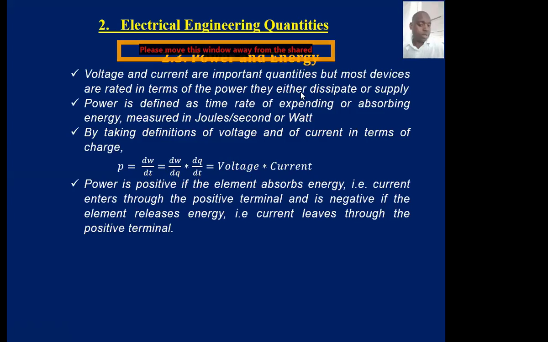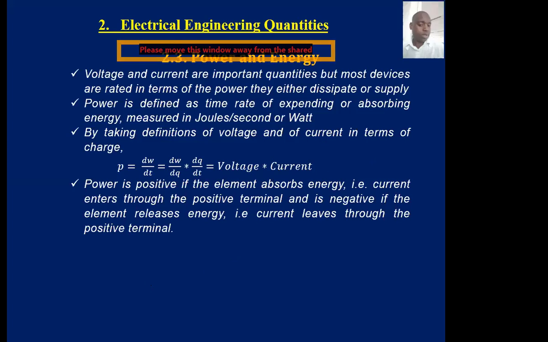Voltage times current. But you realize that this is straightforward, voltage times current, when you are talking about a DC circuit, where you are using direct current. When it becomes an AC circuit, there are other things that we'll put in, multiplying voltage and current by the other terms that come into play. So power is positive if the element absorbs energy. That means if current enters through the positive terminal,